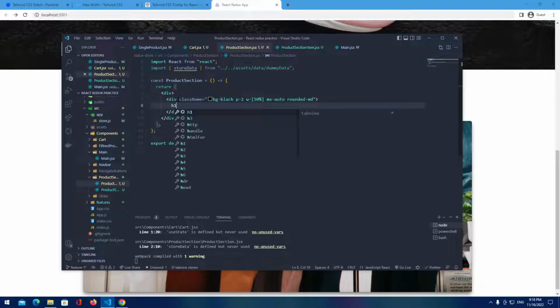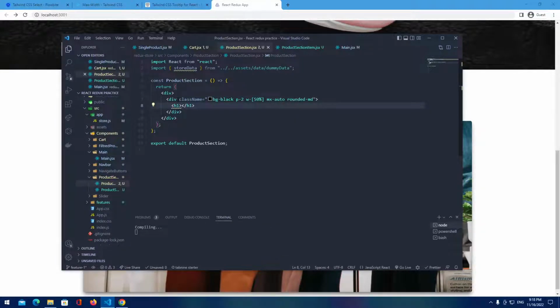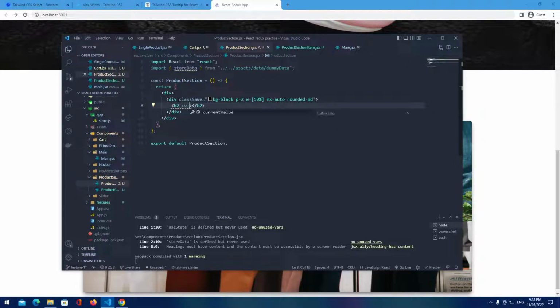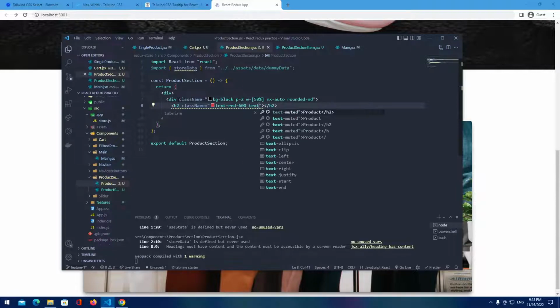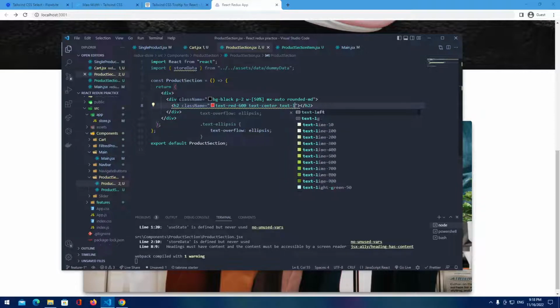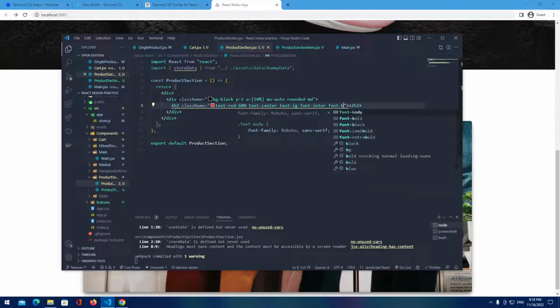Inside that div we're gonna have h1 or h3, and class name gonna be text red 600, text center, text large, font bold,